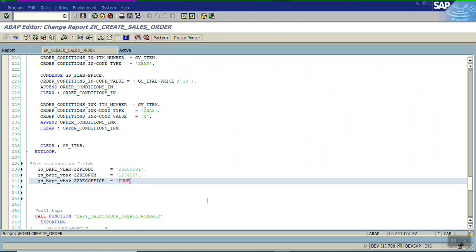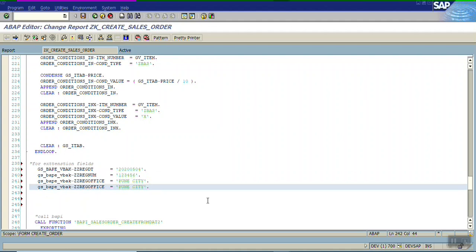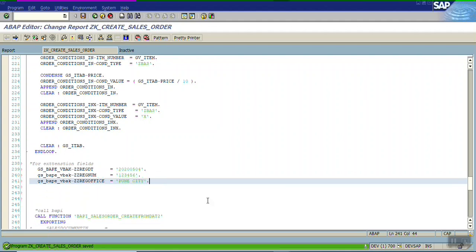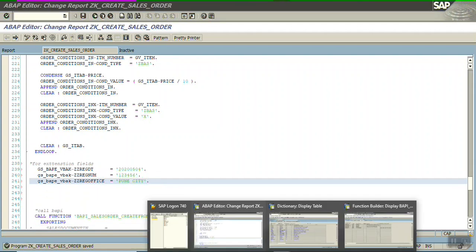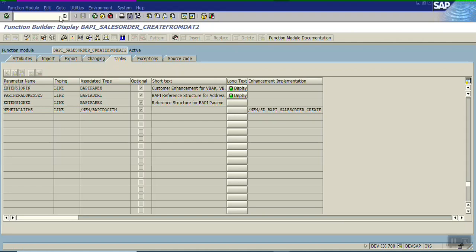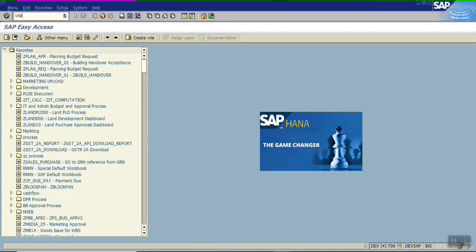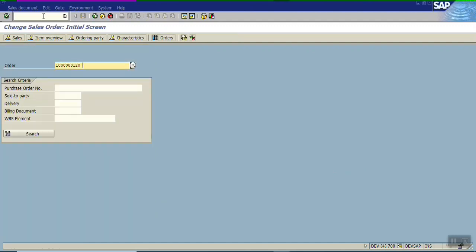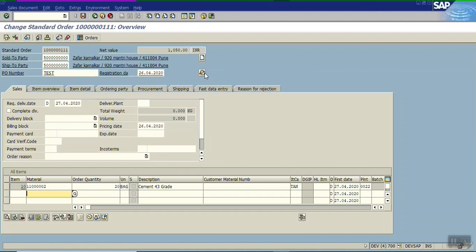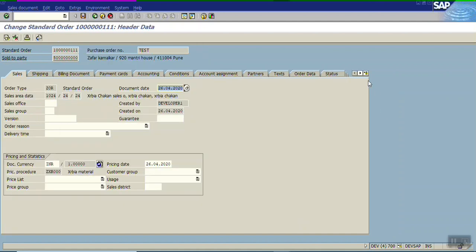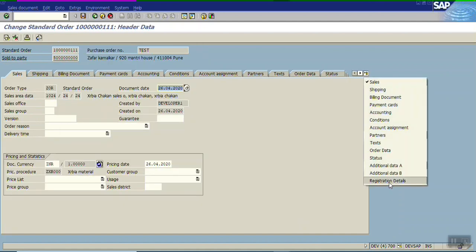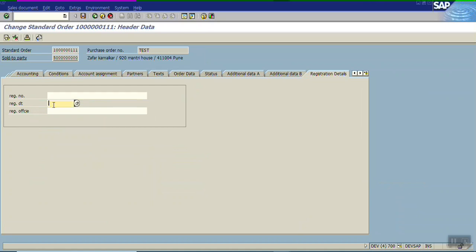Say Pune city. Okay, those three fields already shown in the sales order VA02 at the header level. While testing, we have not passed earlier those data. Okay, now we'll create a sales order by passing the data in this field also.